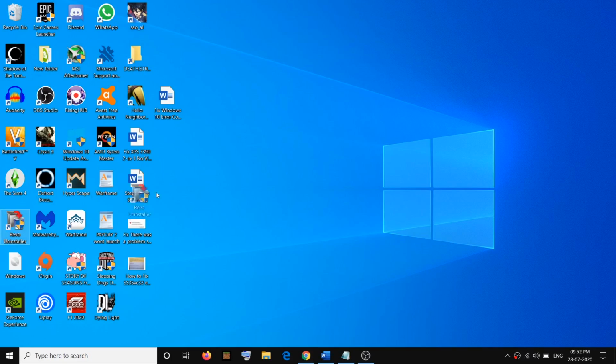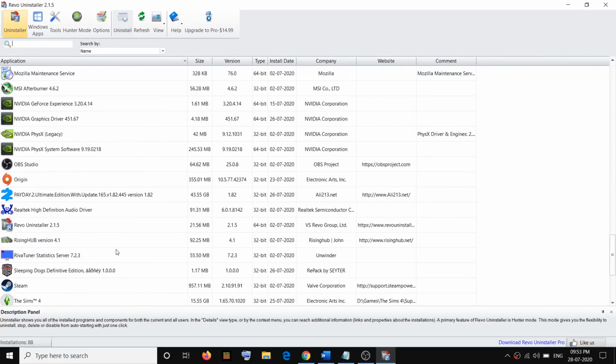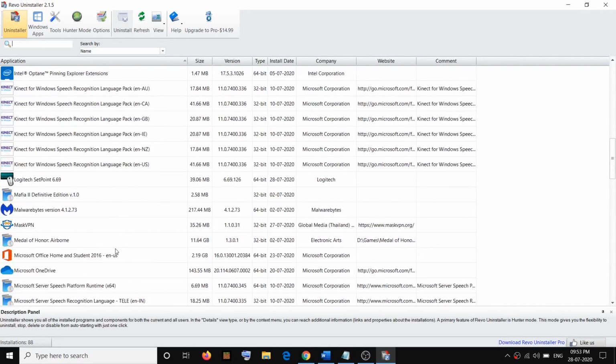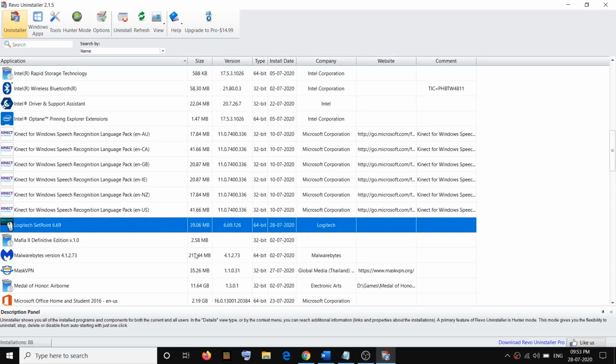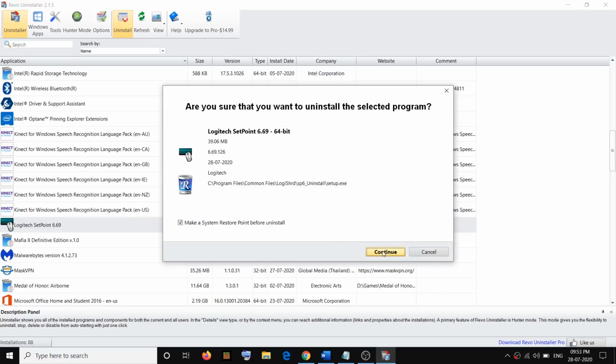Once this is installed, you can go ahead and launch Revo Uninstaller on your computer, and then scroll down and find Logitech software. So here I can see Logitech software over here. Select it, then click on uninstall on the top, then click on continue.